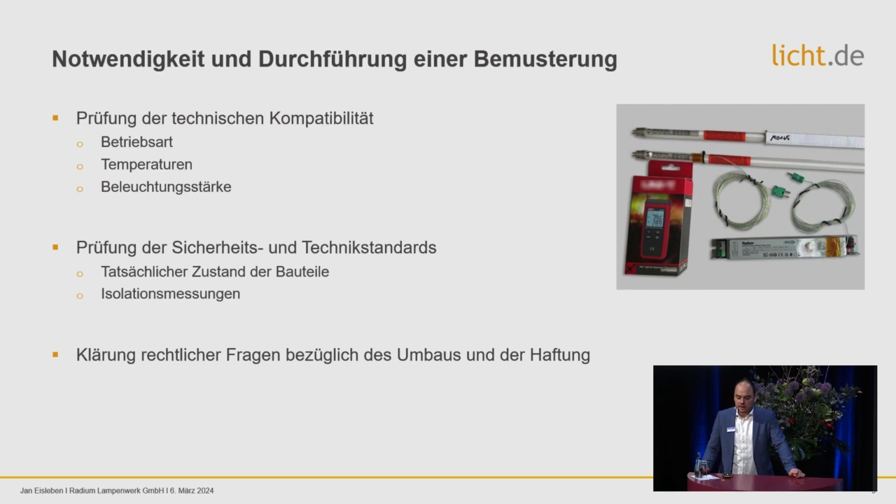Necessity of a sampling and sampling process in general. This is something that's very important, especially when we talk about large installations. Temperatures, measurement points at the ballast. I brought you a list here of what to keep in mind, because this ensures a proper operation. So if you've done all the tests, then the